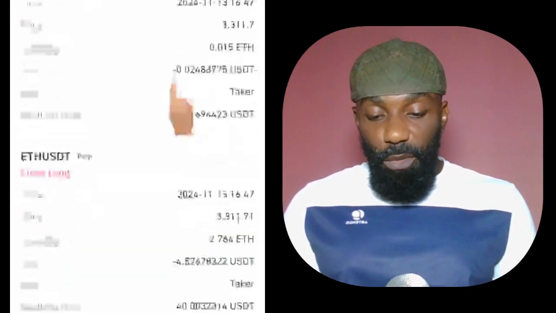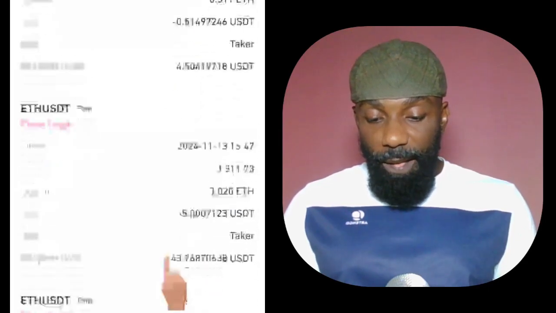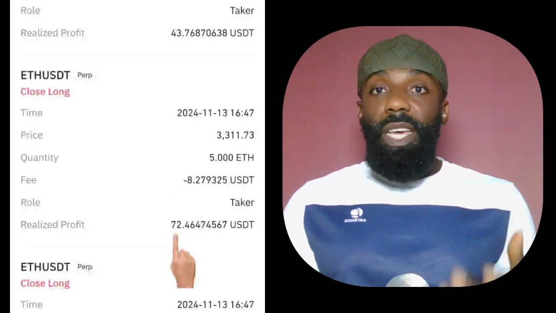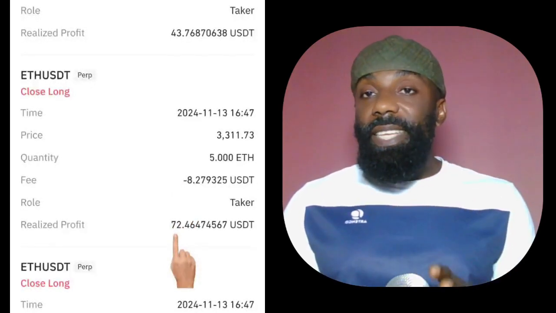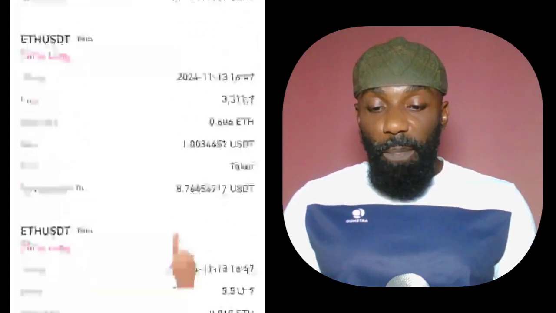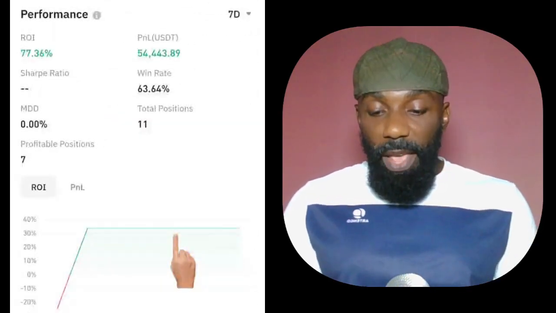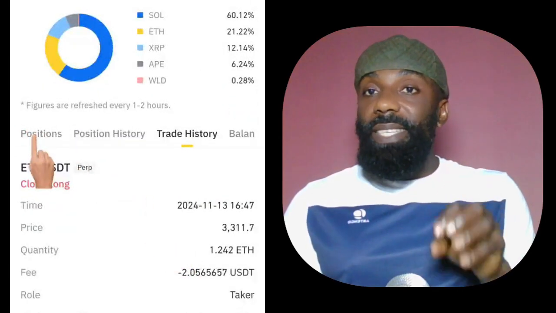Okay, if you check most of his trades there, you can see $40, $30, $4, $43, $72. That goes to tell you that this person has been on Binance Copy Trading for 13 days, and also his trade history is positive, meaning that most of his trades are winning trades. Now, I would have said let's check the current position that he is in, but you won't